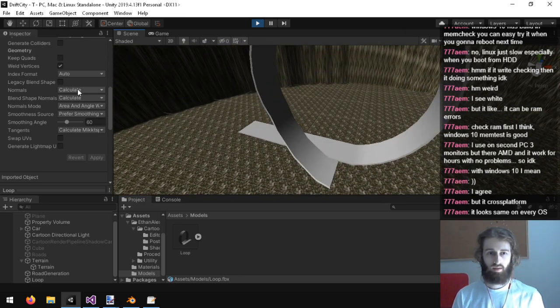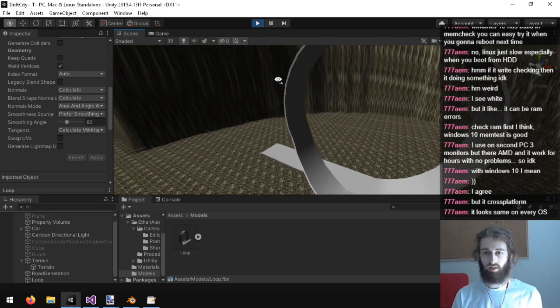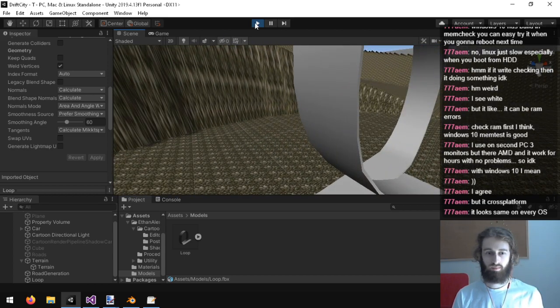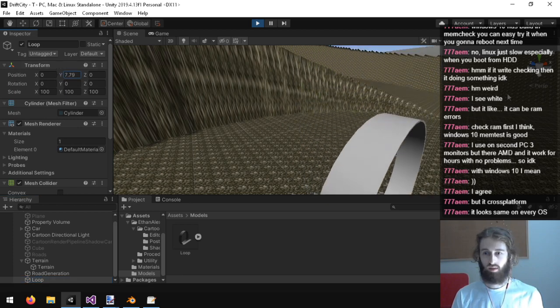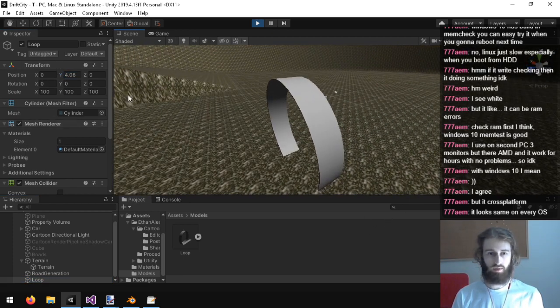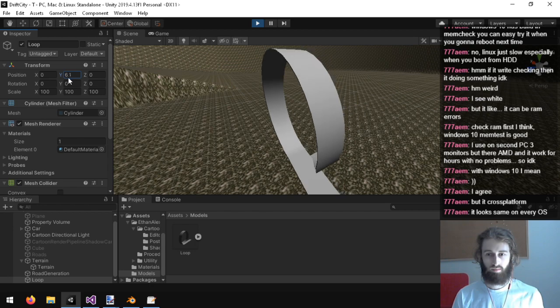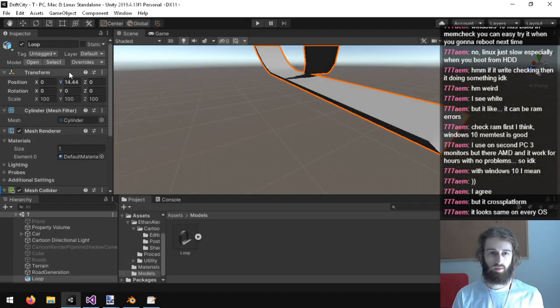Nice. Just automatically imported. So what height do we have to put it at to get it aligned with the ground? Five.